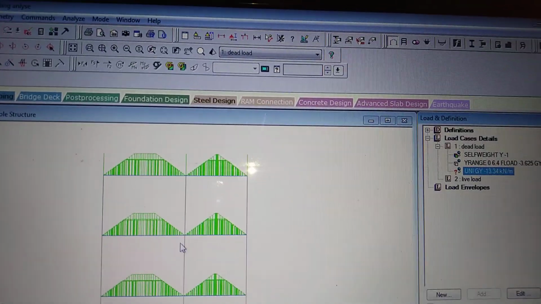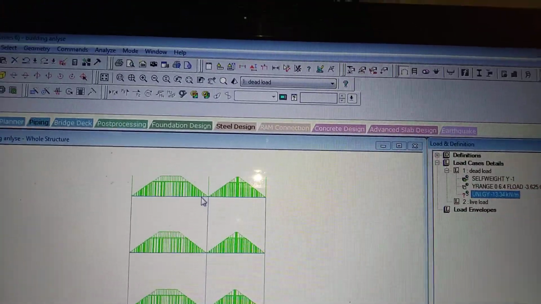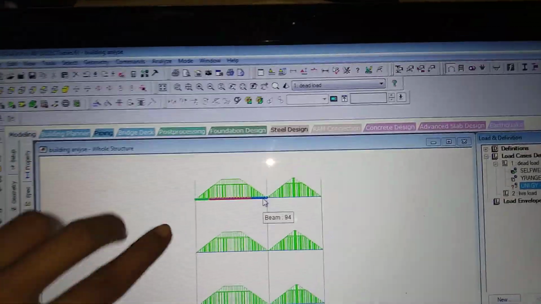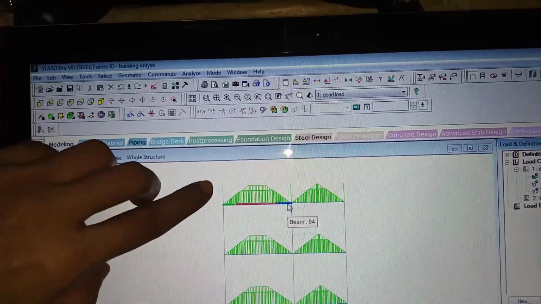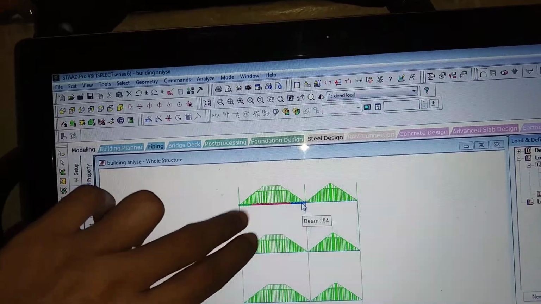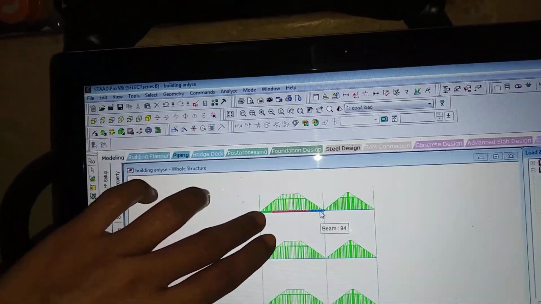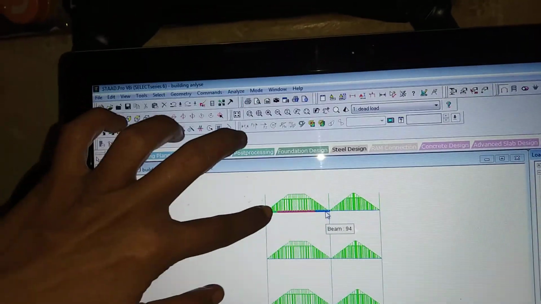I will select view from X. See here, view from X. See here, I want the wall load on this and this pattern only. I want this pattern because I want to put a load on the top floor. Only the parapet wall I want to put onto the above slab.